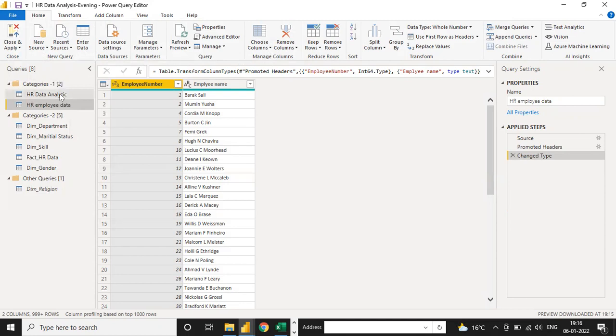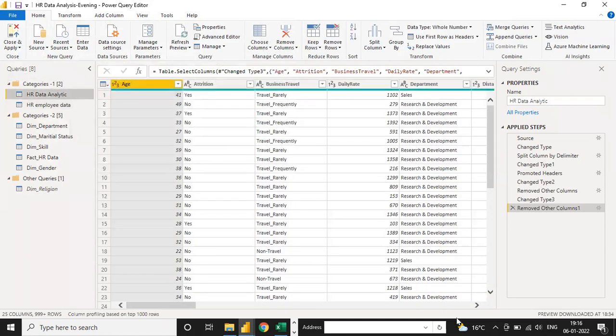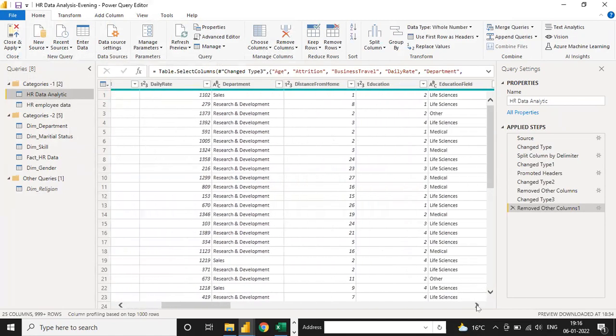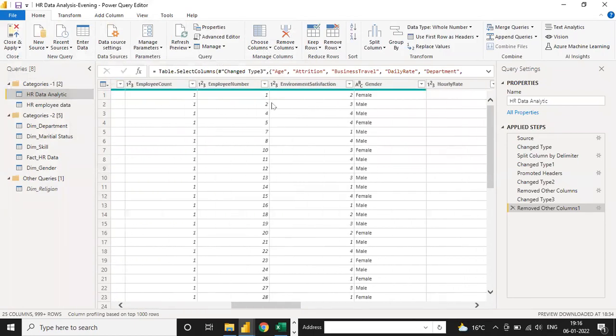So now under this category, HR medical data, you don't have any employee name. You have only employee number. You can see you have only the employee number column, not an employee name, in your data. So now you have to merge with this table, and on the basis of this table, you can work with your final data. So how to use merge query?